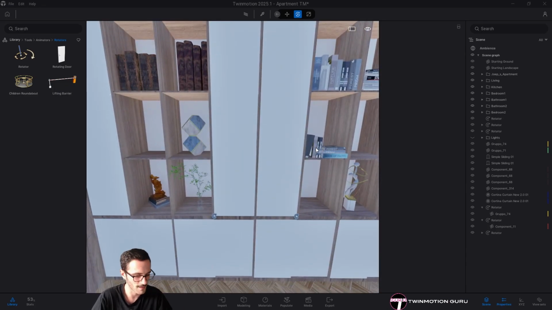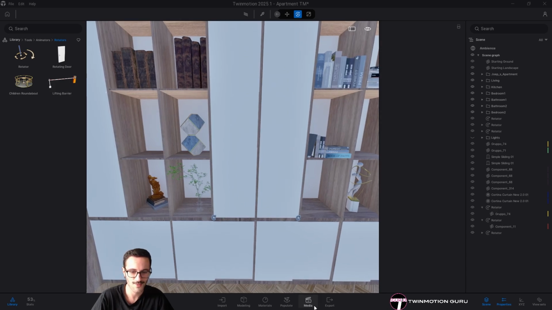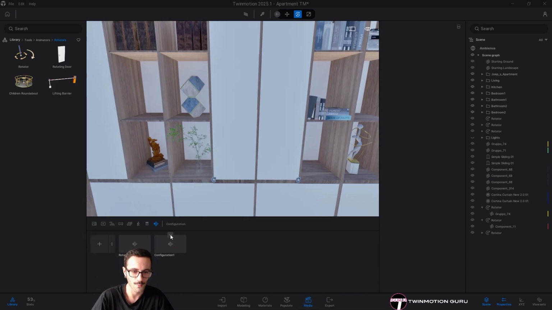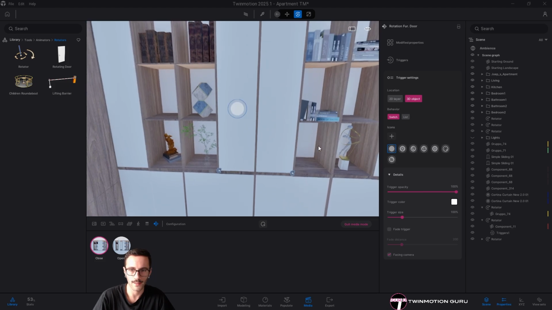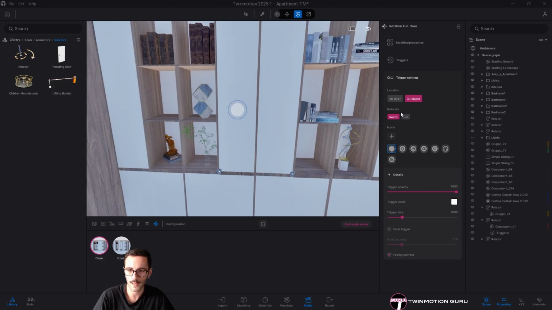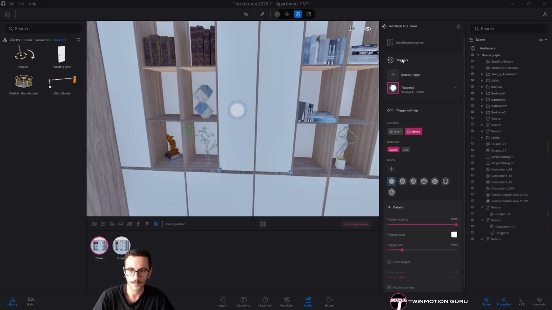It is not coming to me, the correct English word, but this is not so comfortable. So what we can do here, of course, maybe renaming it rotation for door. We can, from here, and in particular from its properties, create in the trigger section a second trigger by duplicating